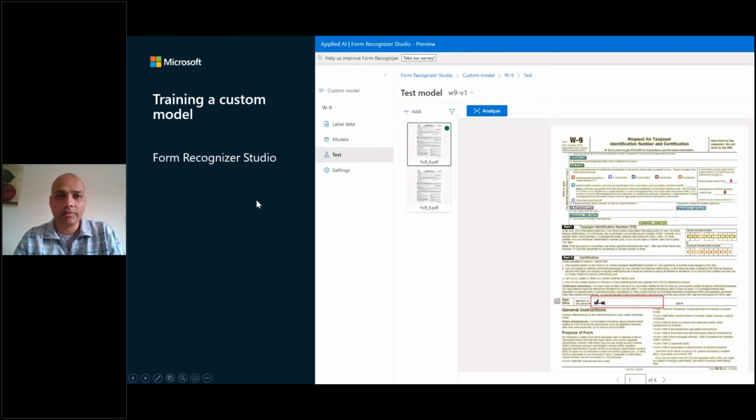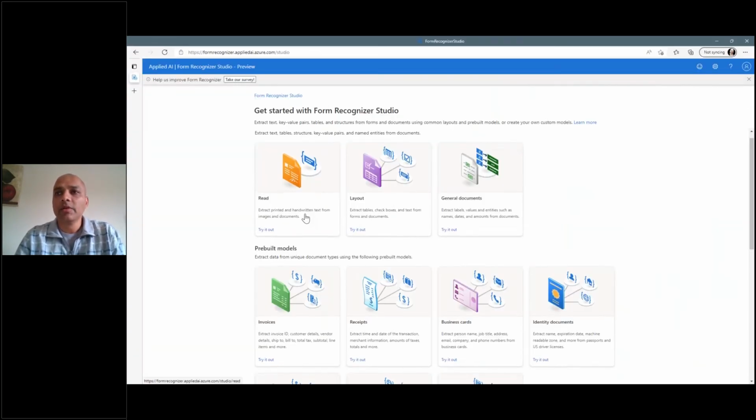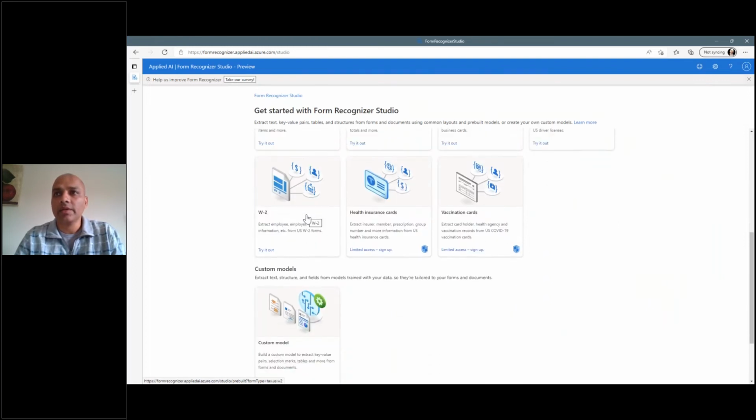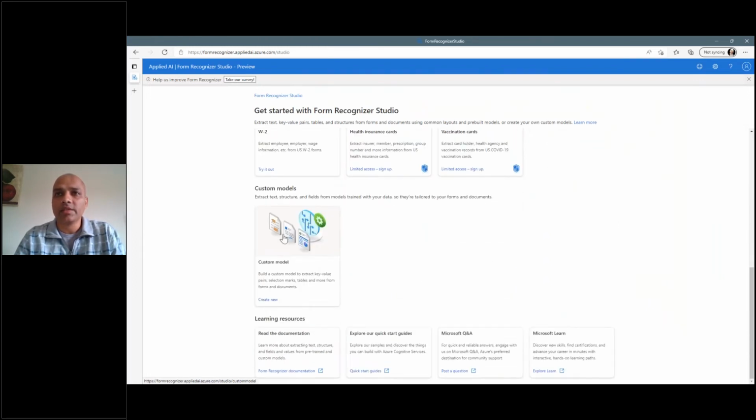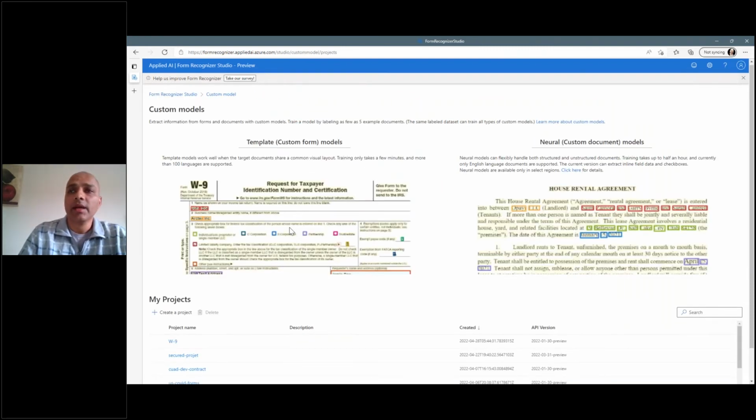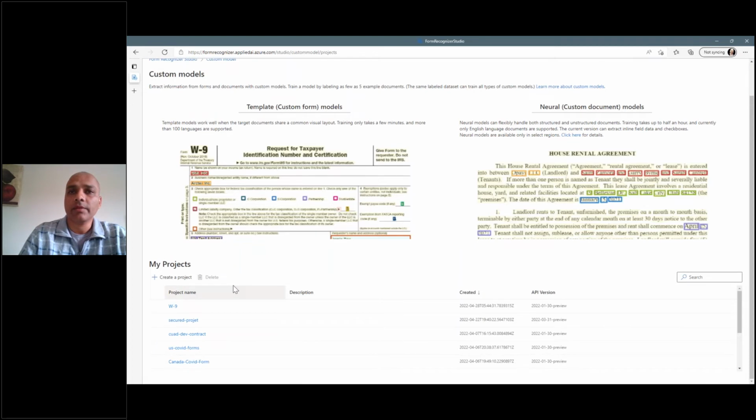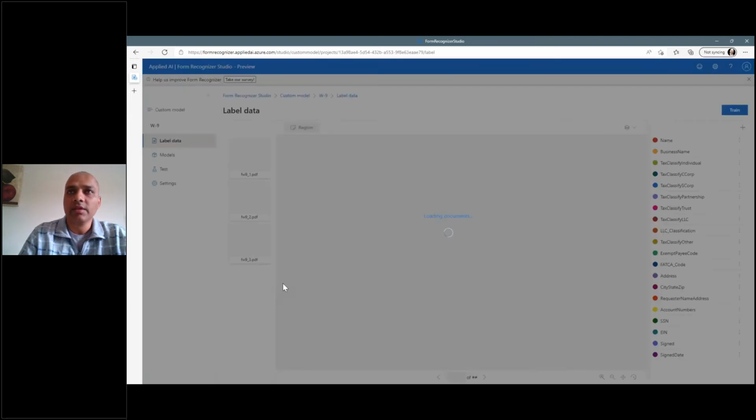So let's go back into the studio, and this time I'm going to skip down past all of the different pre-built models down to this custom model section. I do have a few custom models trained, and so let me walk you through a couple of different things before we dive into the actual process, right? So the first thing you'll notice is I have a project right here for a W9 form,